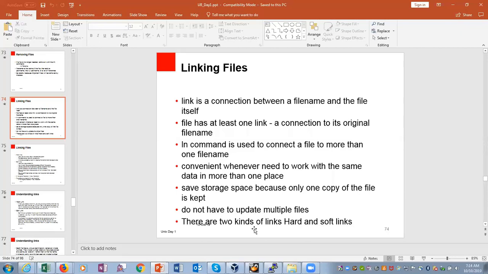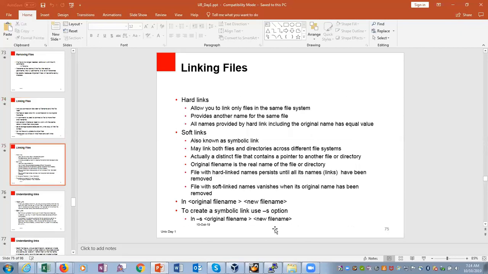There are two kinds of links, hard links and soft links. Hard links allow you to link only files in the same file system, and provide another name for the same file. All the names provided by a hard link, including the original name, have equal value. A soft link, also known as a symbolic link, may link both files and directories across different file systems.